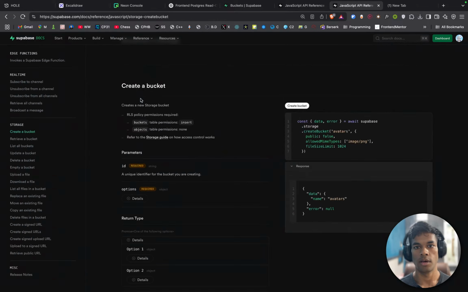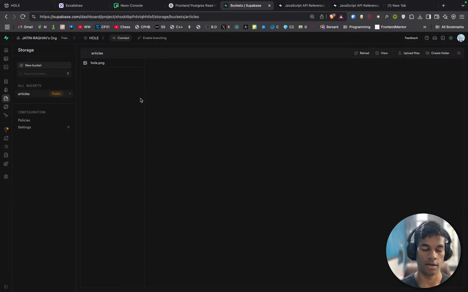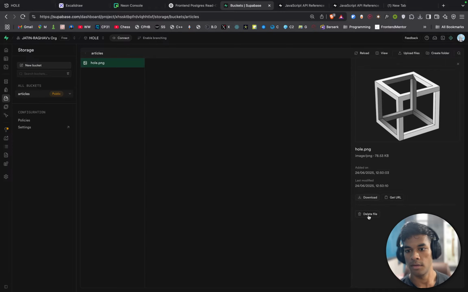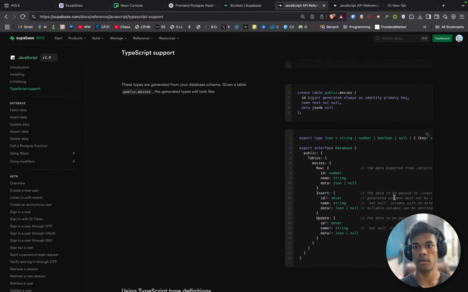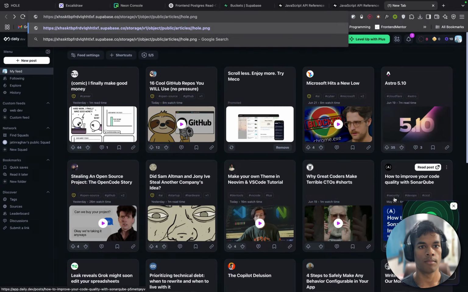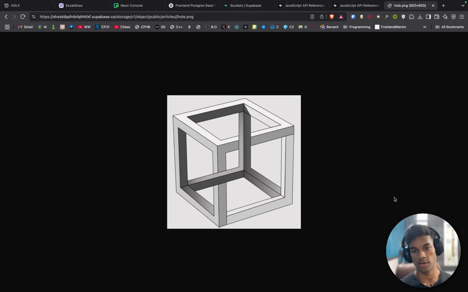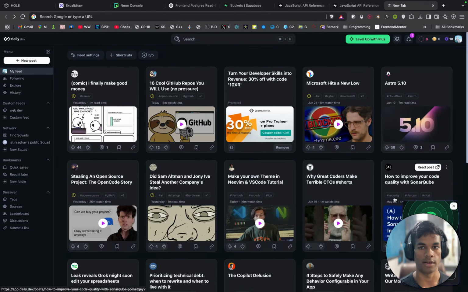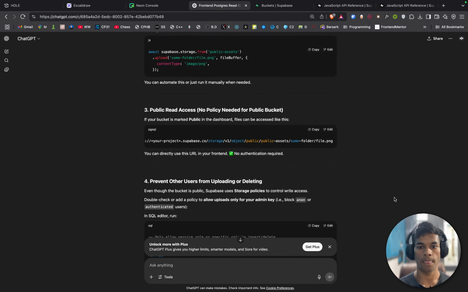Let's see. Photo not found. Object not found. Object public articles. Is it called articles or artic? It is called articles. Get URL. Even object public articles. Whole. Okay, slash slash. Okay, there have to be two slashes. Cool. That is cool. What was the original URL that I was looking up?